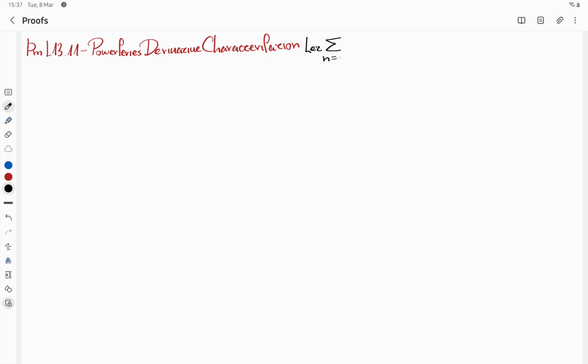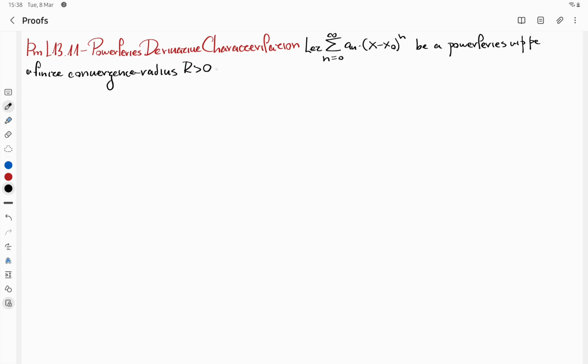Let us have some power series like so, the sum of a_n times (x minus x_0) to the n, a power series with the associated convergence radius being finite, and let us call it r and put it greater than 0,